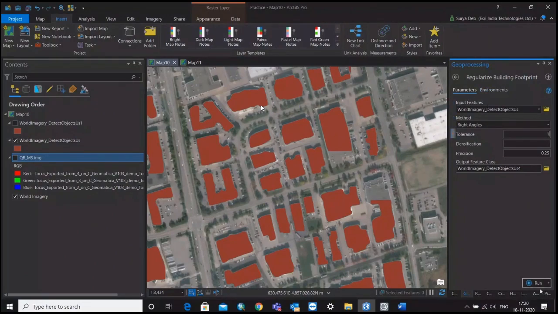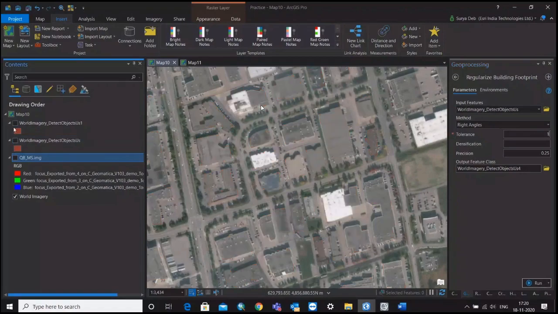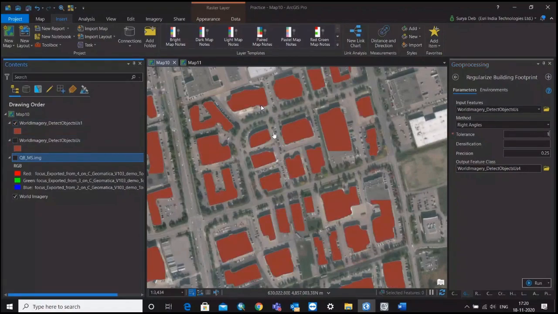So after you do that, you just click on run. After running, I get this. If you see, these boundaries are a little stiff. Before that it was a kind of smooth structure. Now it is coming as quite good building shapes. Okay, so we can use this as our final output to create our 3D city model. So this is the way how I use the deep learning tool to extract the building information.